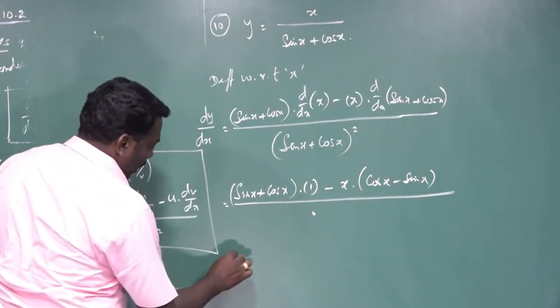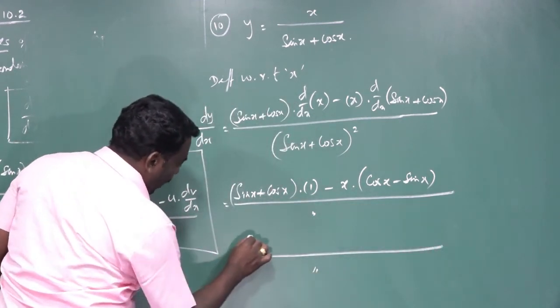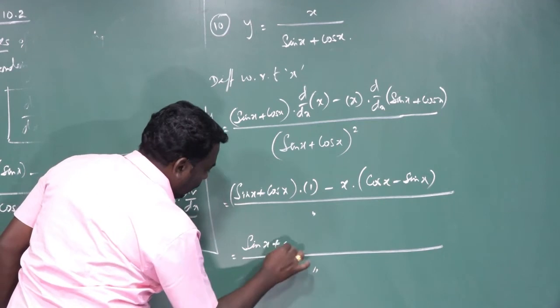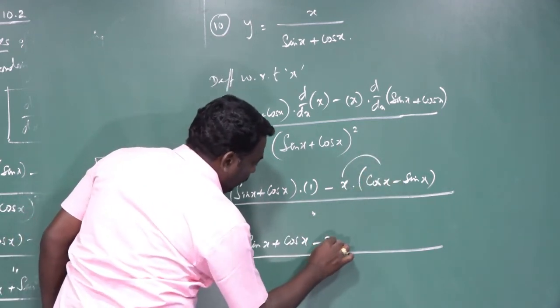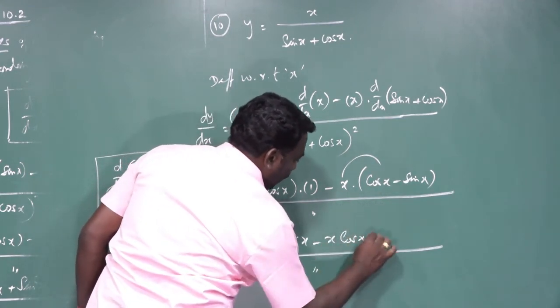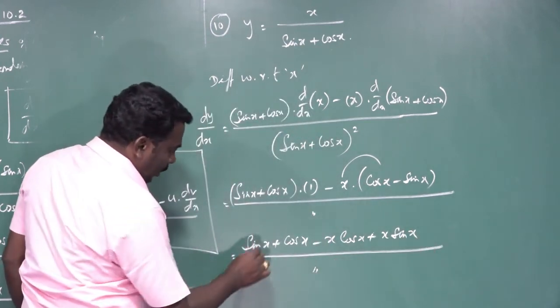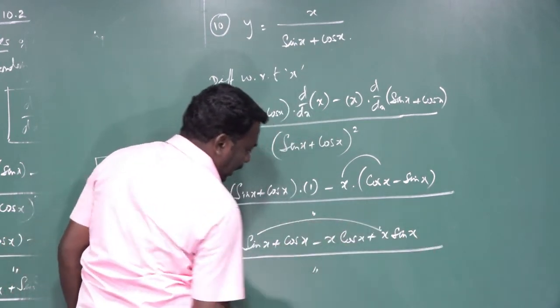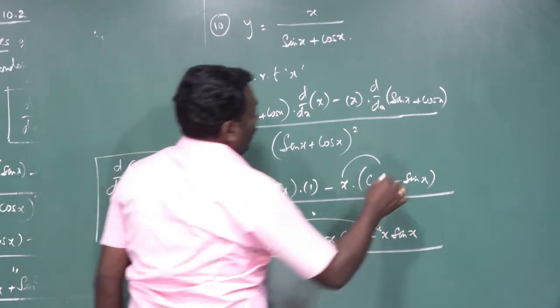Now just simplify the equation. That is equal to the denominator as it is, just remove the bracket: sin x plus cos x, then multiply the term, minus sin x, x into cos x, then minus plus x into sin x. Now just combine the terms sin x and x, it is sin x, and combine the terms cos and x, cos x, and that is equal to